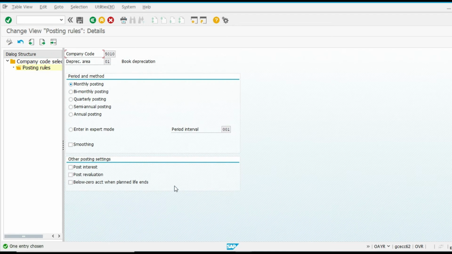What is that posting rule? Posting rule means how my depreciation gets calculated. Here normally we use monthly. Some companies want to use quarterly, semi-annual, annual posting. Semi-annual means 6 months, bi-monthly means 15 days. So we can set the parameter for posting rule also, but generally we are using monthly.